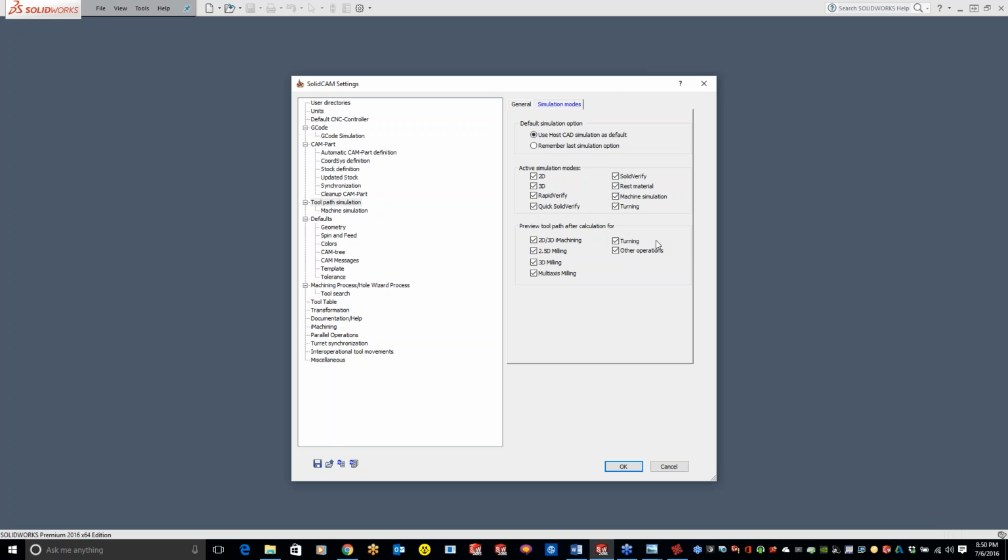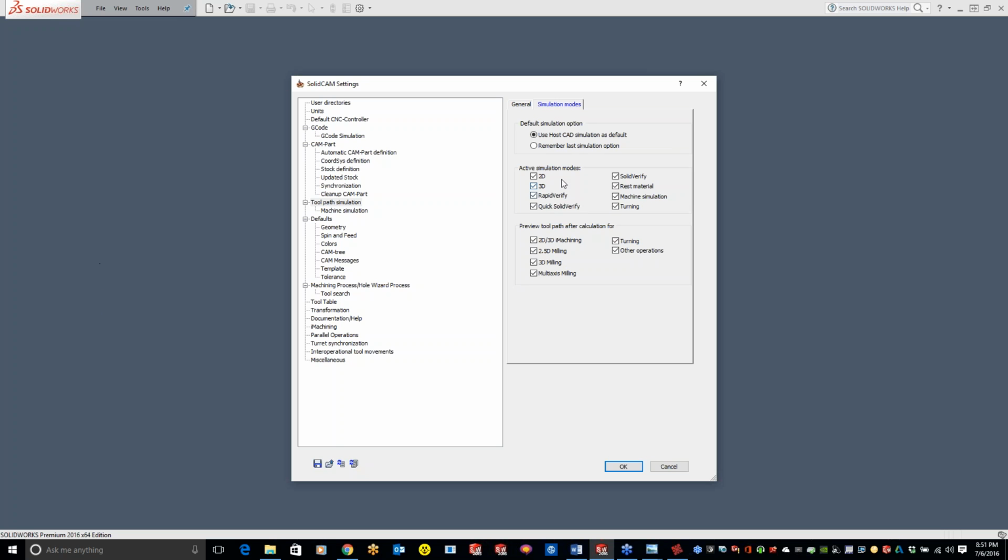Now, you guys will notice with the newer versions that if you come in there and do a calculate, it's automatically going to show the toolpath for you on the little check boxes on the left-hand side of your operation. If you guys don't want that, definitely uncheck all these right here. And that's basically just going to show the wireframe when you click the little checkbox on the